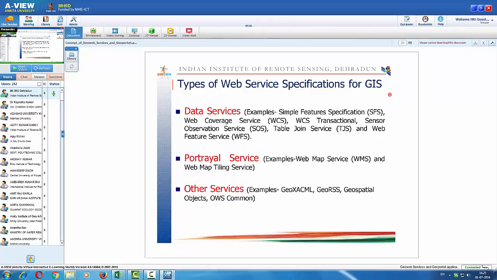We are only using the portal services like WMS or WMTS. So portal services are, for example, for visualization. Only map visualization, either it is satellite data or a map, we can do using the portal services. Here WMS and WMTS are basically examples of that: Web Map Services and Web Map Tile Services. And there are many other services under other categories like GeoXACML, GeoRSS,